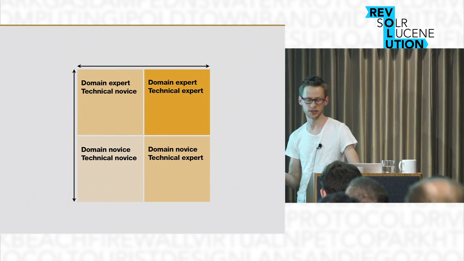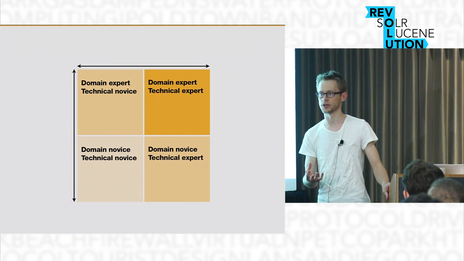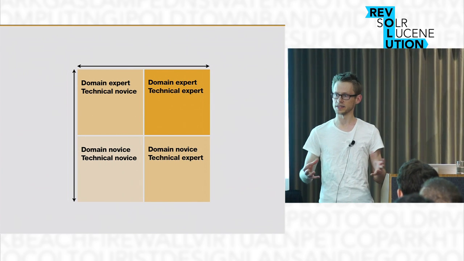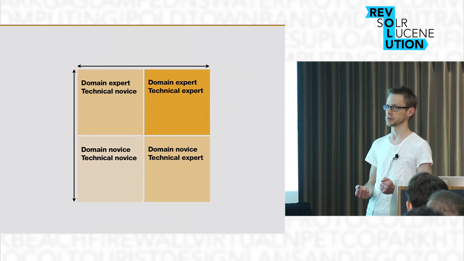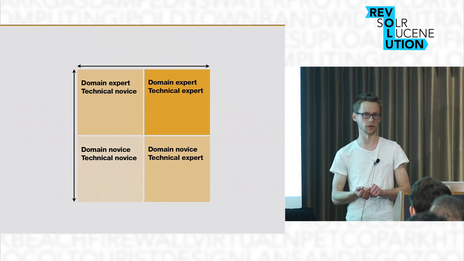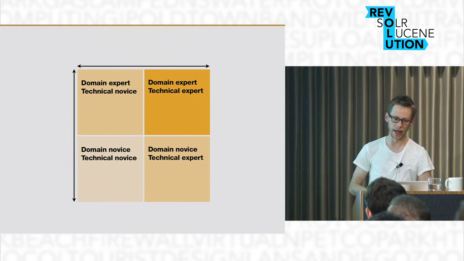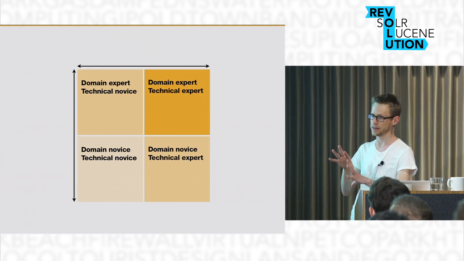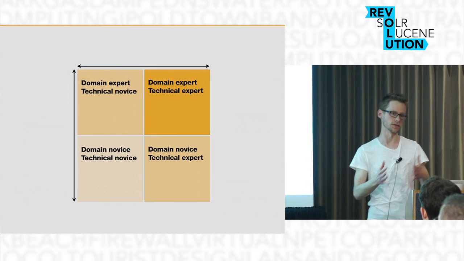The interesting thing is that, of course, you have some people who are domain experts in certain areas. So my father-in-law, for instance, is a medical doctor. He has a high level of expertise in medicine, but he has a low level of expertise when it comes to using computers. He actually types with 2 fingers like this. So there are these 4 different types of users